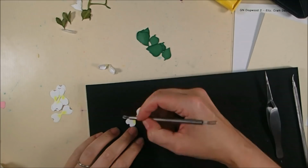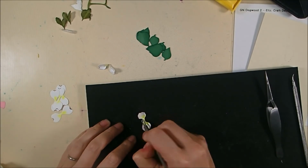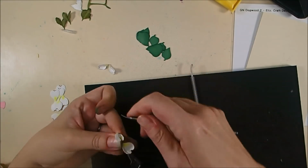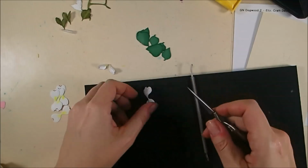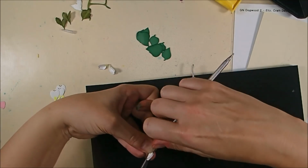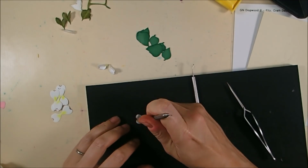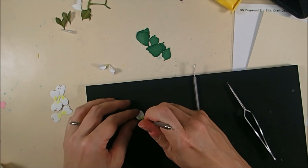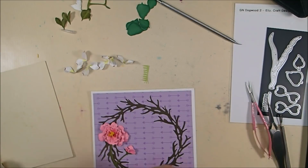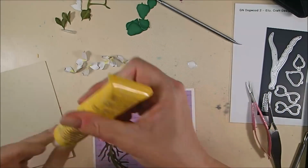U shape. So your loop tool goes on the front side from the outside to the inside, pushing down, bend it in half around the tweezers, and then roll the outer petals back around the leaf tool or the tweezers if you're that coordinated. I'm not. And then the small ball stylus presses in the middle to cup up the two petals, and you do that on all the petals. So to adhere these in place, I'm again using the Kids Choice glue, and I'm going